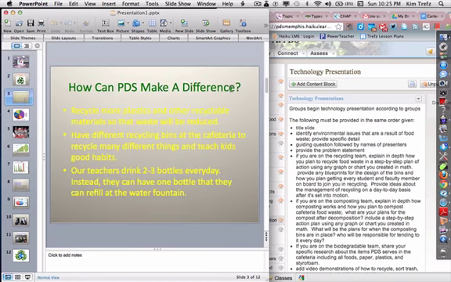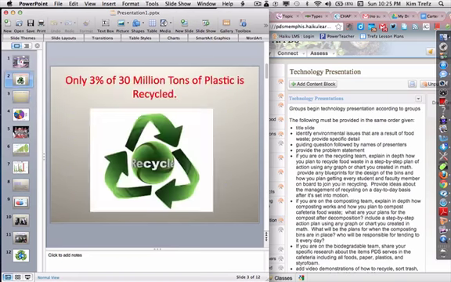How can PDS make a difference? Well, this is your next slide, so let me just go ahead and say I want more specific information about the environmental issues. Why are we even doing this project? Why are we looking to solve the problem of PDS waste issues? What are the environmental impacts of all of our waste just being dumped into the landfills? I need that research that you've done on that. And it says provide specific details. You need to have more than just a fact or statistic and a logo.